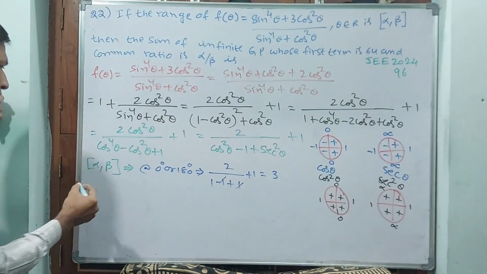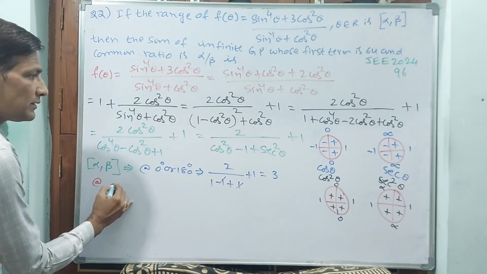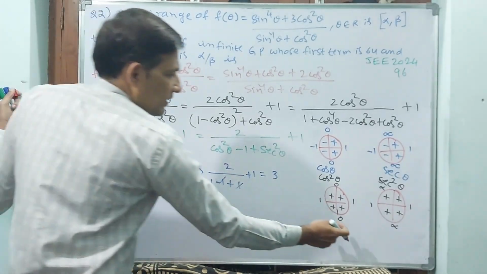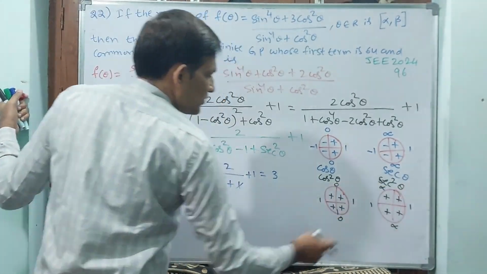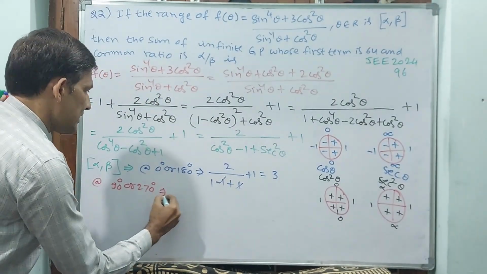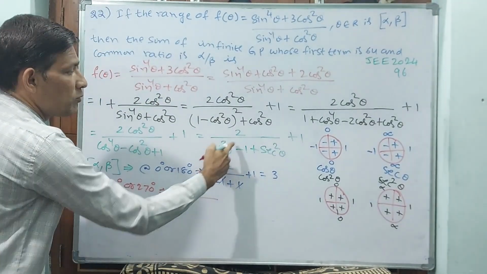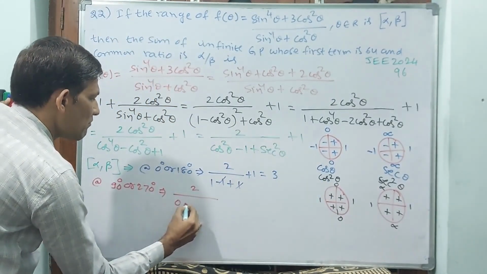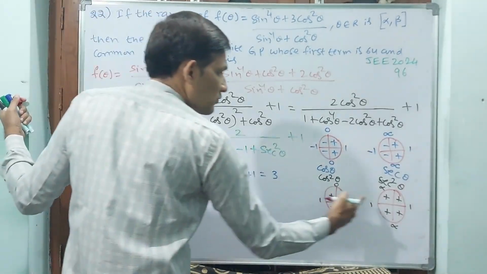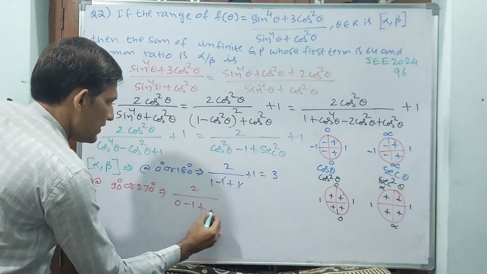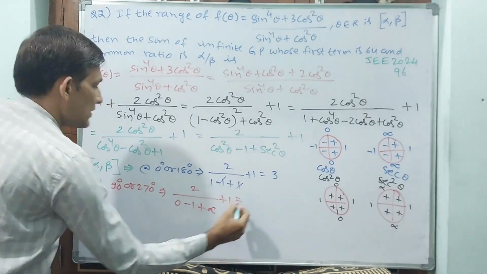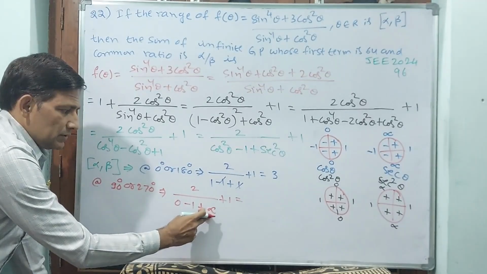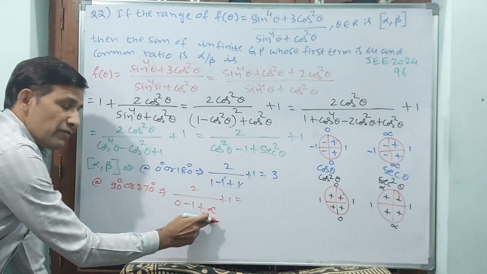Let us see. Again go for 90 degree or 270 degree. Observe carefully. 2 by cos square theta, cos square theta value is 0, minus 1, plus secant square theta. Secant square theta value is infinity, plus 1. Now you tell me, whenever infinity is there, then minus 1 plus 1 don't consider, infinity will be bigger.